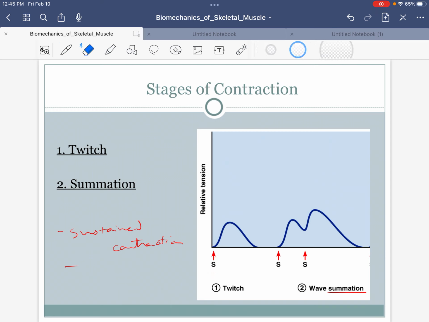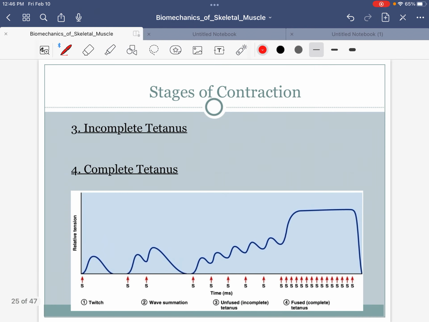If we look at this graph, I know it's simple, but it can tell us a lot. If I send one nerve impulse, the muscle contracts and it relaxes. What if I send a second nerve impulse? The muscle will again contract and it will begin to relax. But what if I send a third stimulus before it even had a chance to relax back to resting? Well, then the effects begin to summate. And you would see the effects going like that.